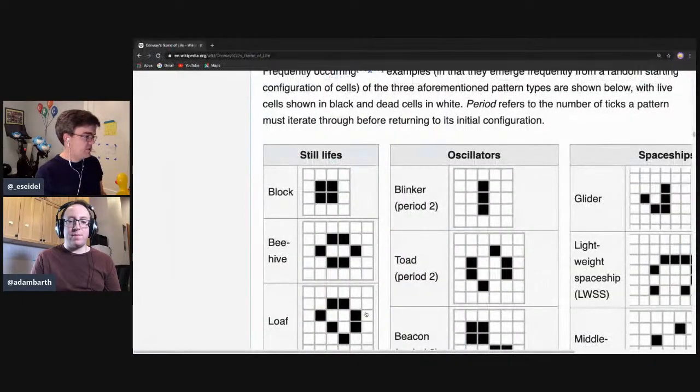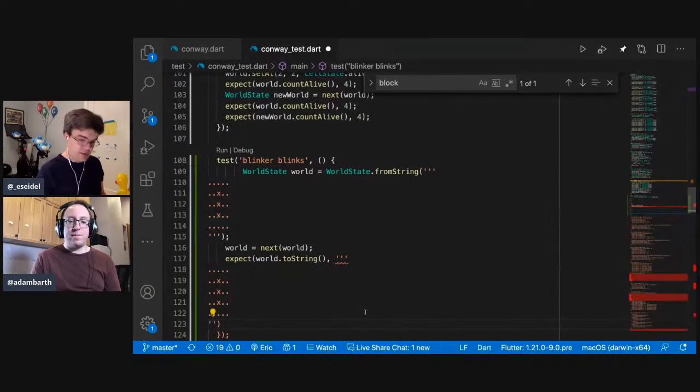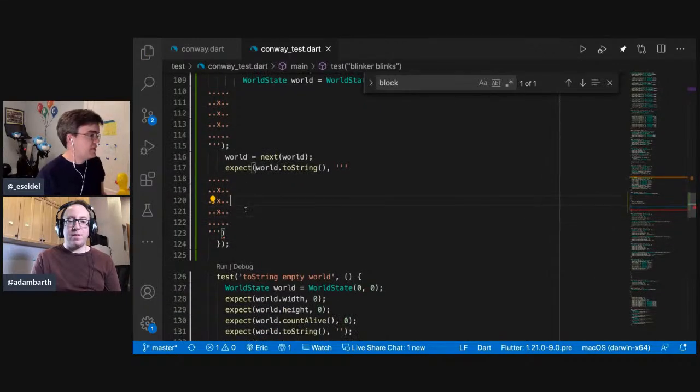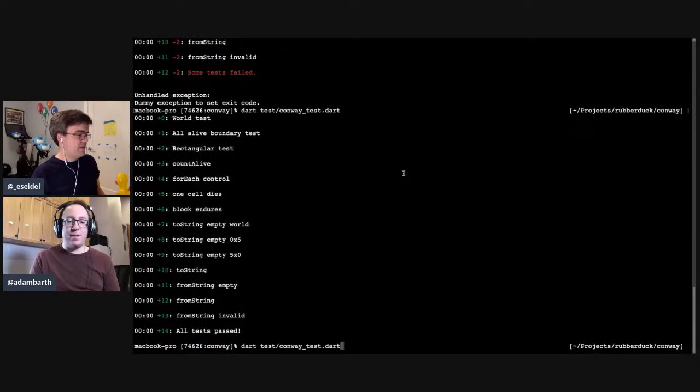Oh my goodness, all the keys. Okay, so this is not what we want. We want X. Oh, this is so much easier. I'm so glad you pre-baked this patch here. All right, should we try it? Let's do it.